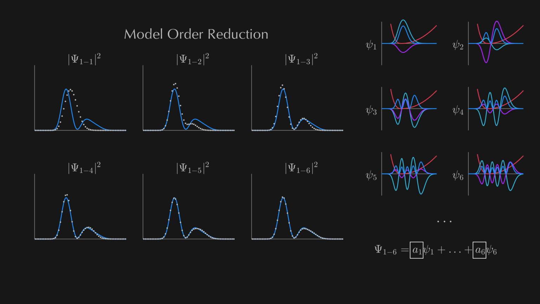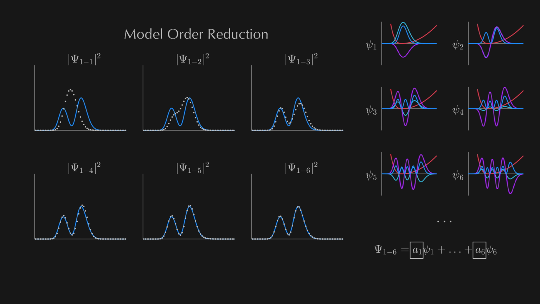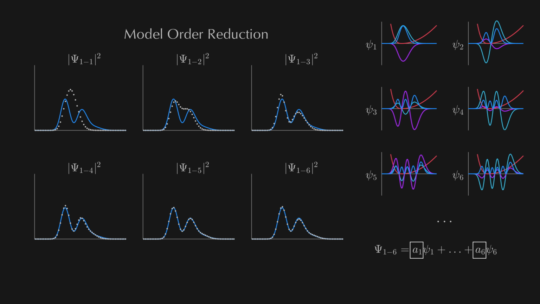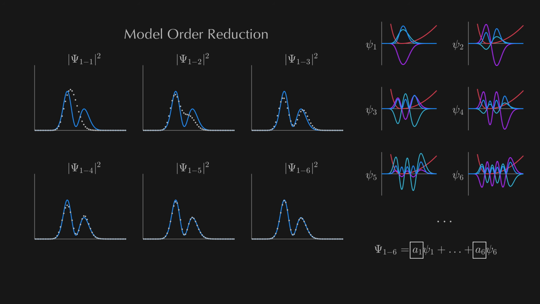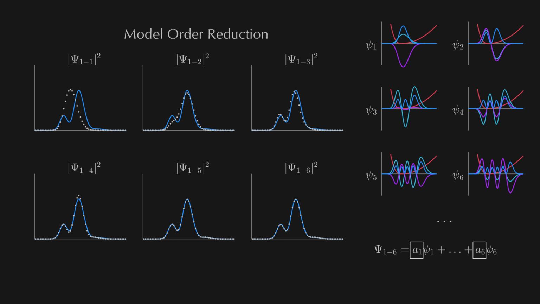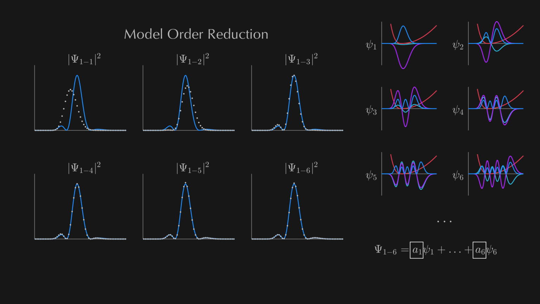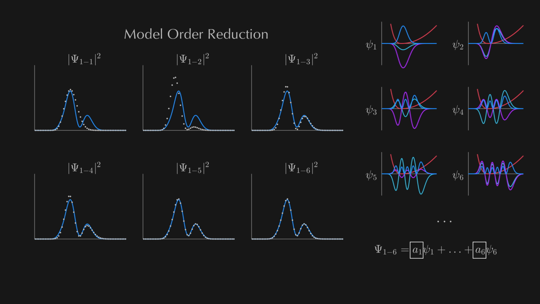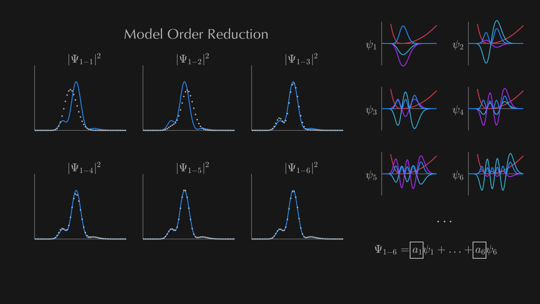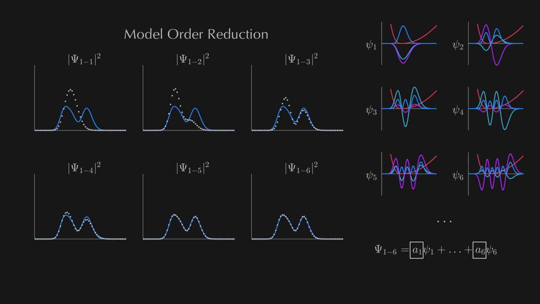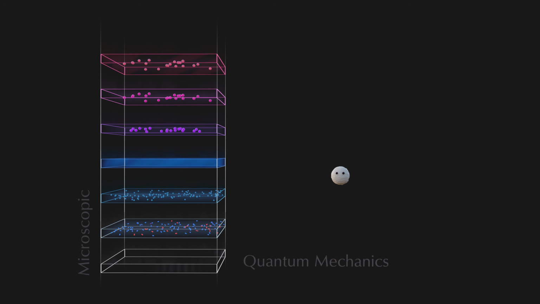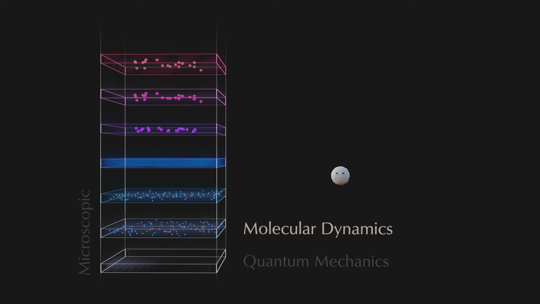But it does not change what you are modeling. Here it means you are still concerned with wave functions and probabilities, and representing a gazillion fluid cells by a trillion modes does not really help for our goal. In fact, computing these shapes for higher dimensional systems in the first place is complicated on its own. Right now, we need a different kind of reduction. We need a change of the underlying paradigm. We need molecular dynamics.